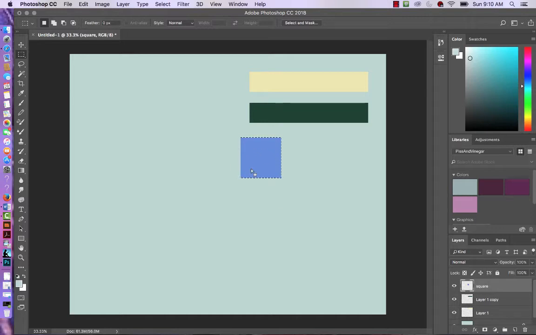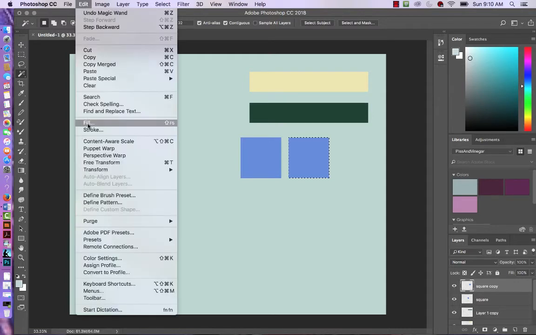We still have the marching ants around it, so deselect it, Command D, hit V to take us to the Move tool over here. Got V, hold your Alt key and drag, and then you can see over here, here's a square copy. Then come over, grab your Magic Wand tool, or W for that. I'm going to select this, and then do Edit, Fill,